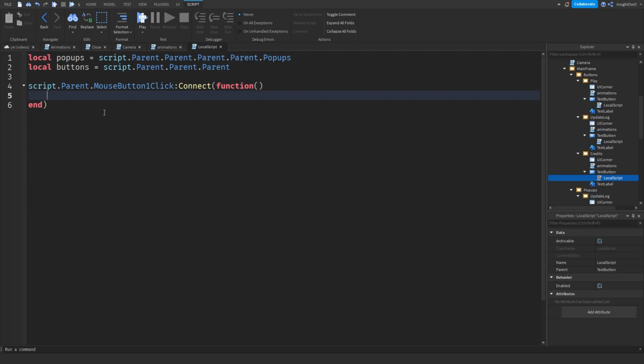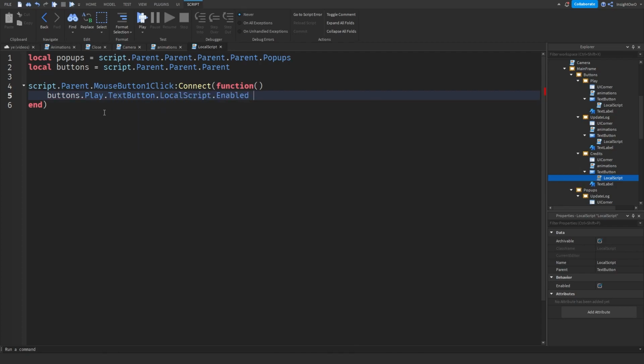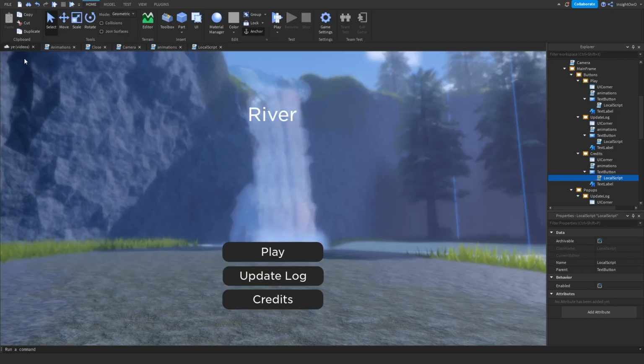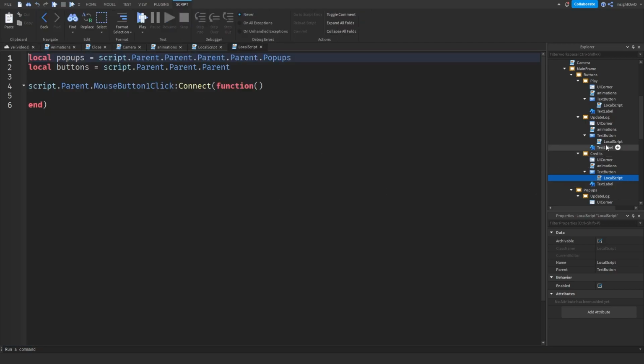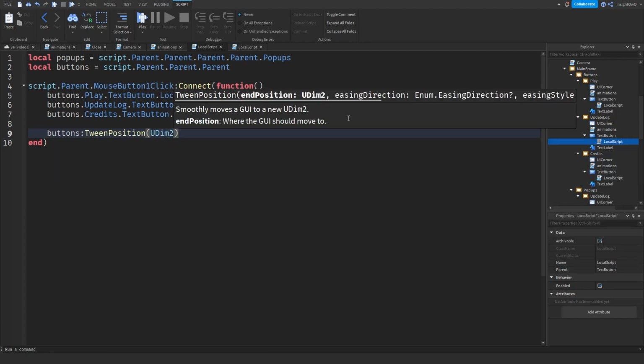So that's MouseButton1Click:Connect, buttons.Play.TextButton.LocalScript.Enabled = false. Then duplicate this 3 times, the same line, and then instead of this, we'll do update log and credits. And it should just look like this. Then next thing we need to do is we just tween away. We're gonna tween away the buttons and we're gonna tween away the title. So what we're gonna do is we'll go into scripts, we'll do buttons:TweenPosition(UDim2.new